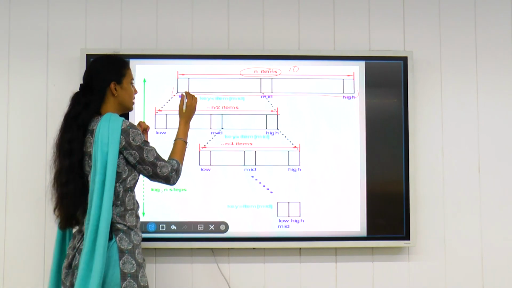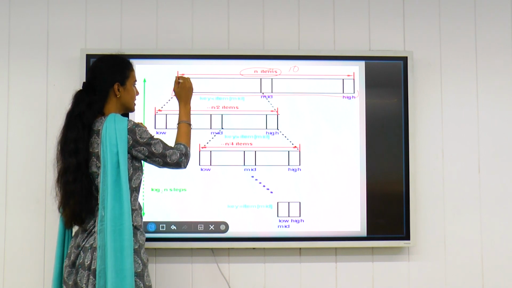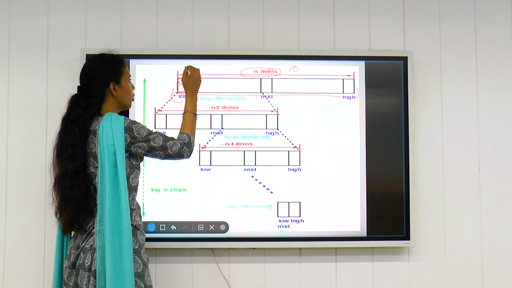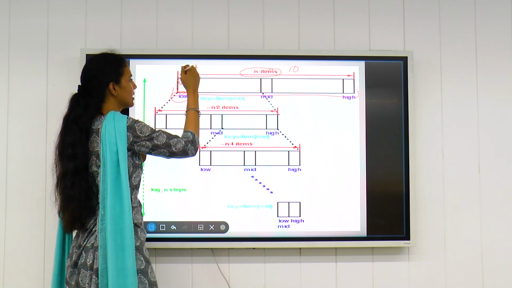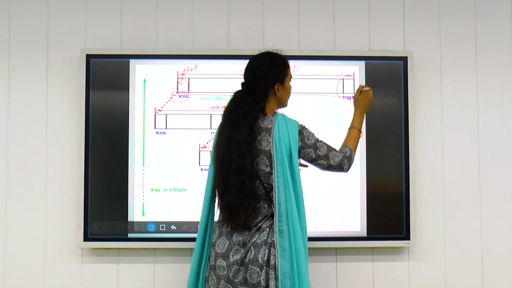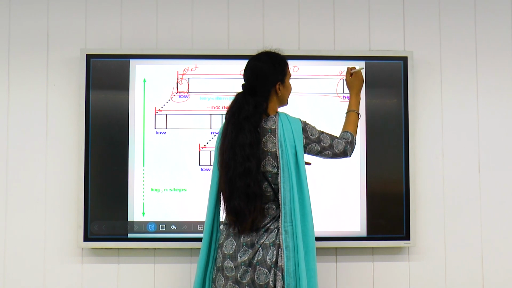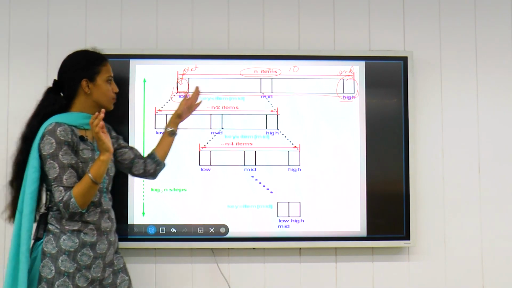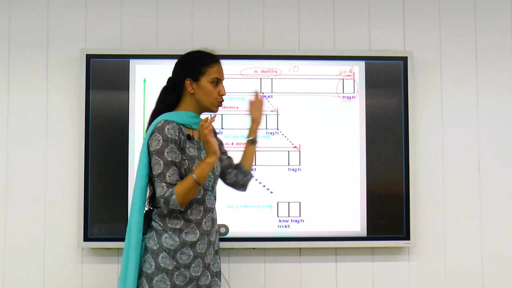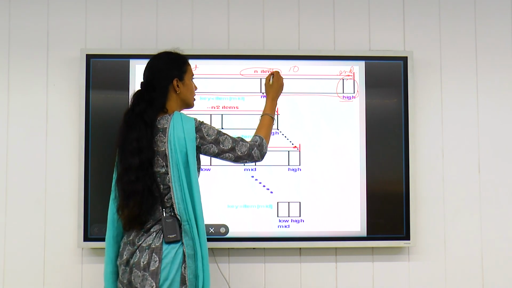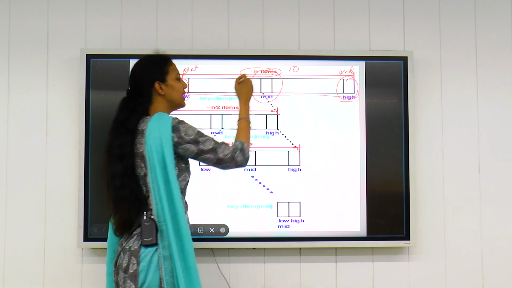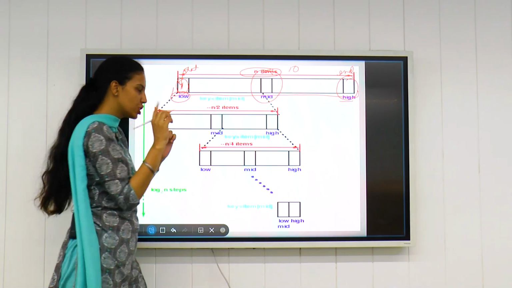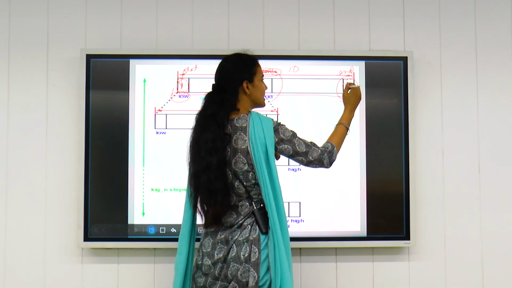First step is we'll decide the first element, that is we'll mark it as a pointer as low, or we can say start, and the last element we'll take as high, or we can take that as end. So we'll mark 2 points, first position and last position. Using the first and last position we'll find out the middle value. Suppose the first position is at the first location and the last is at n.